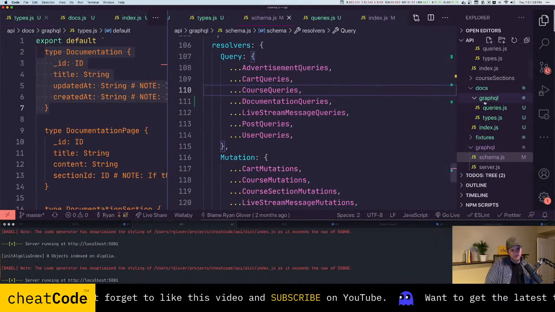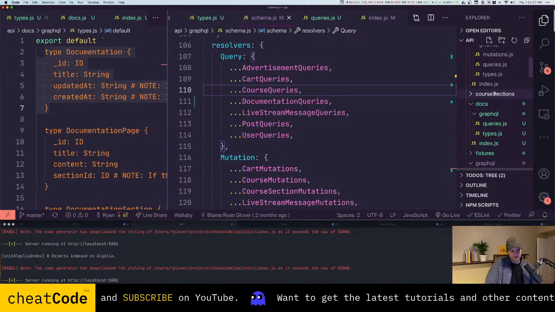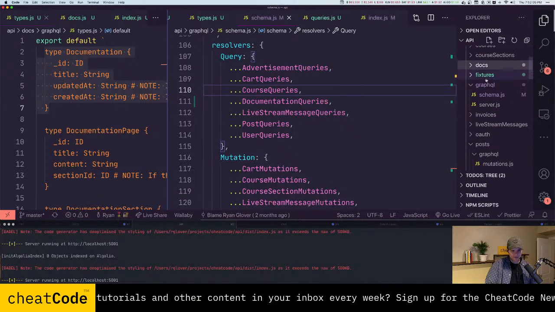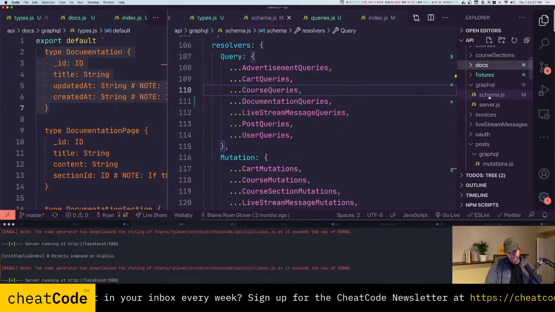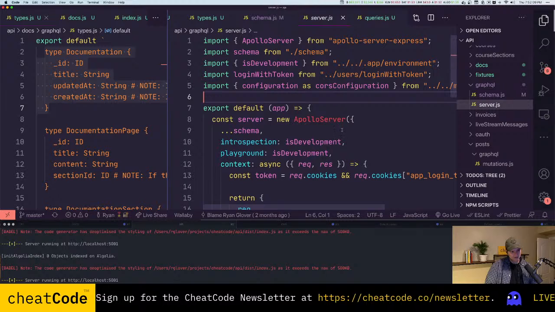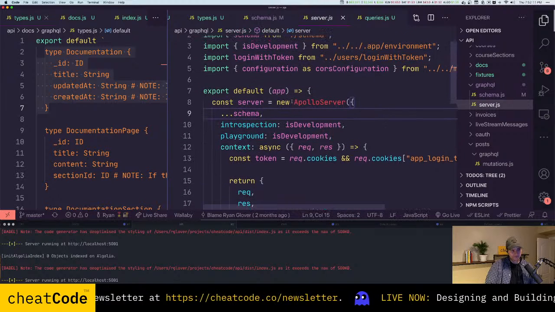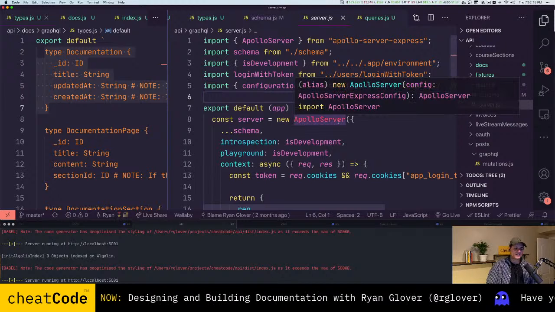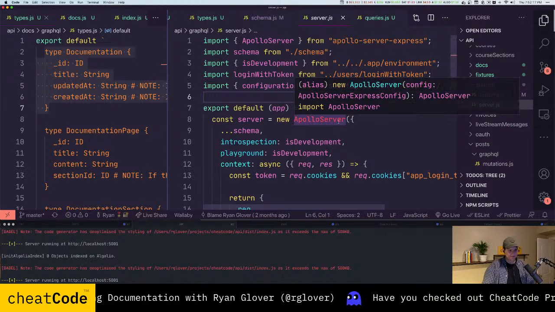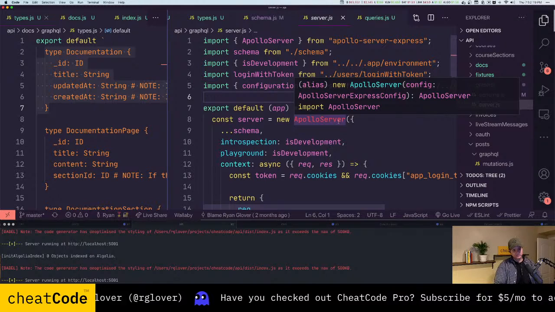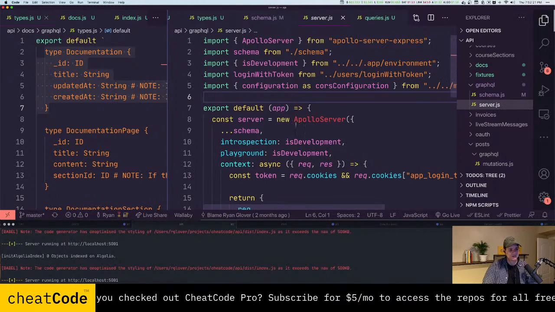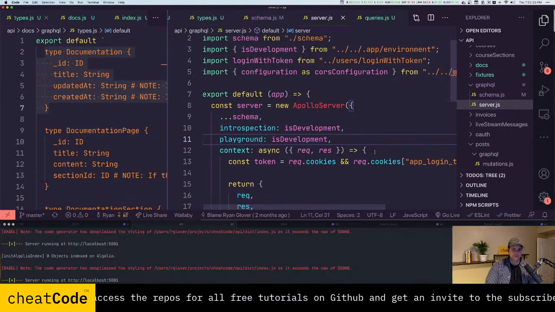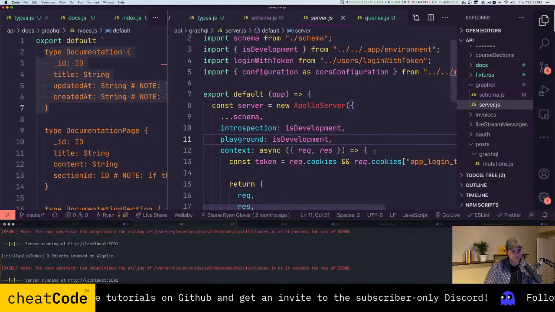So though we didn't look at it yet, in the API, part of the Node.js boilerplate is a GraphQL server. So for this, I used the package Apollo Server Express. Apollo is a suite of tools for working with GraphQL. And the team that builds that offers a server for GraphQL. So this is just an easy way to set up a GraphQL server without having to do all the manual